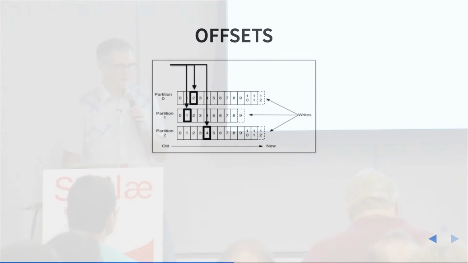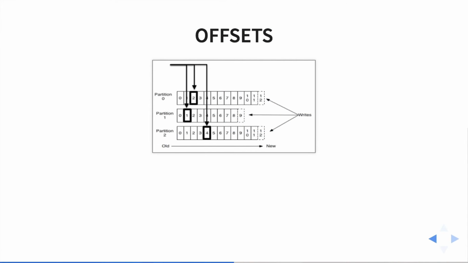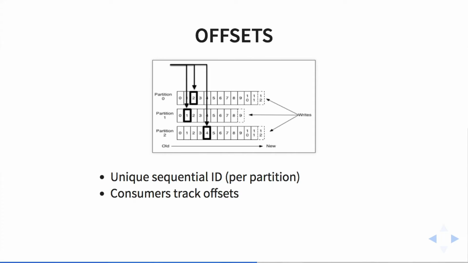Okay, so then the offsets. The offsets are sequential IDs that are assigned to every record when it's written. You can see in the diagram that each partition has its own sequence of IDs within a topic. So when you work with Kafka, you're subscribing to a topic, you're publishing to a topic, but then there are the partitions underneath where the ordering is applied, and the partitioning across the cluster is also applied.